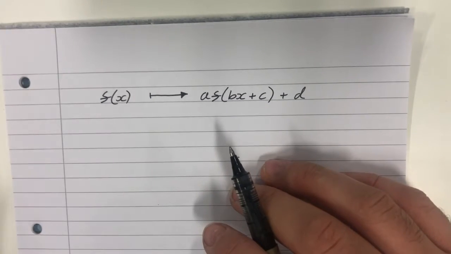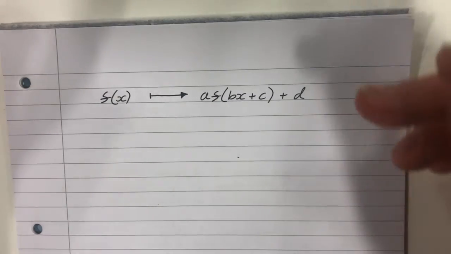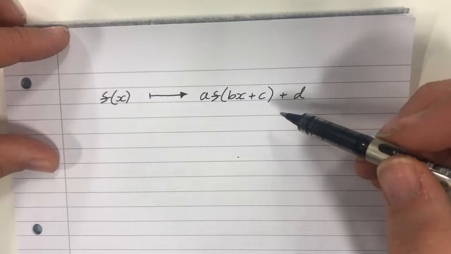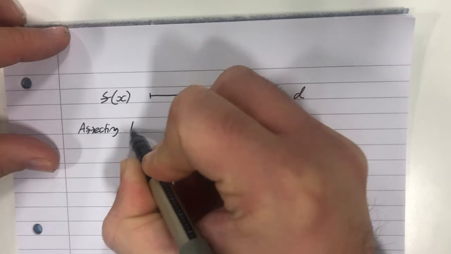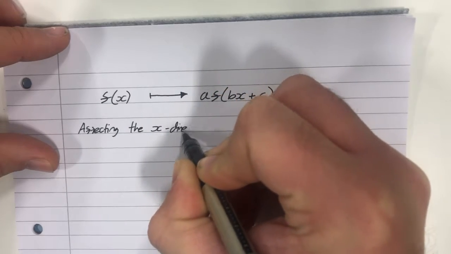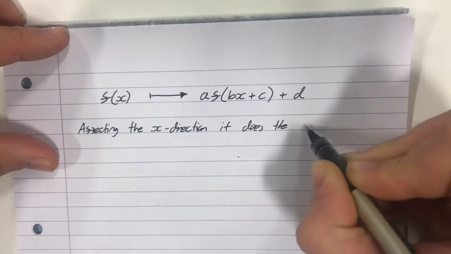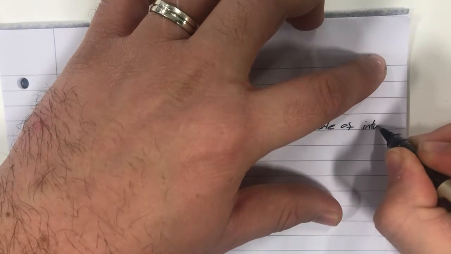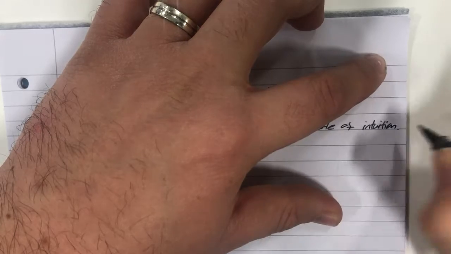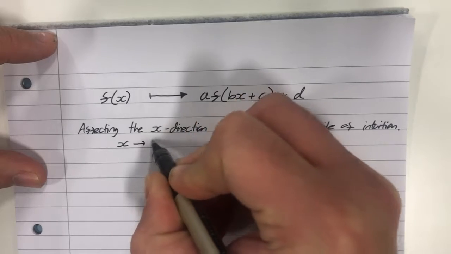So just like we had over here, when it affects the y, it does what you think, and when it affects the x, it doesn't do what you think. So affecting the x, or the x direction, it does the opposite of what you think. Or the opposite of intuition, I should say. So replacing x with bx plus c,